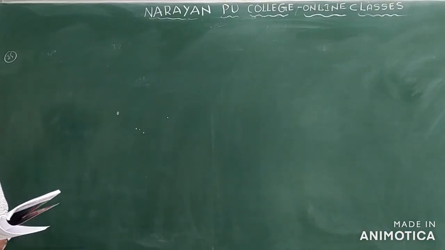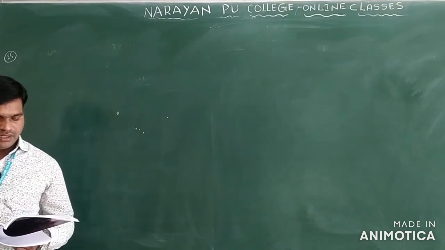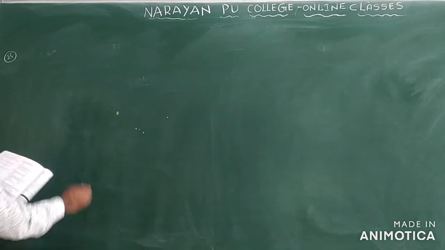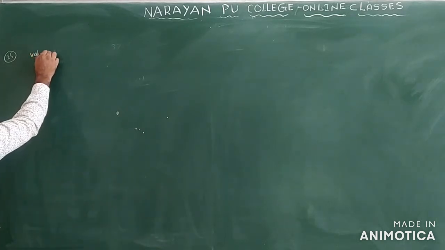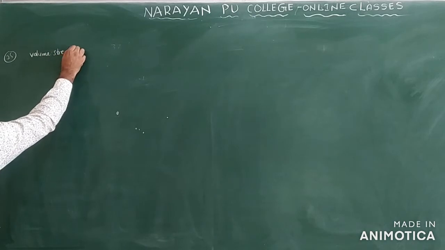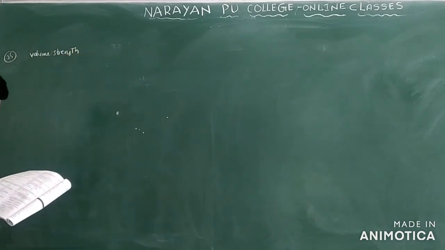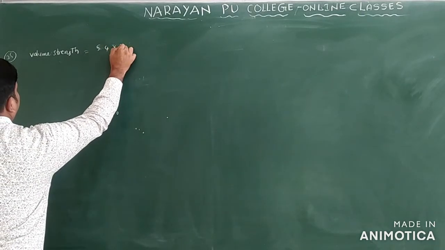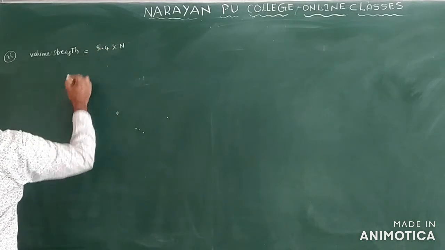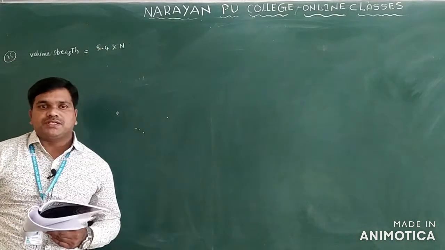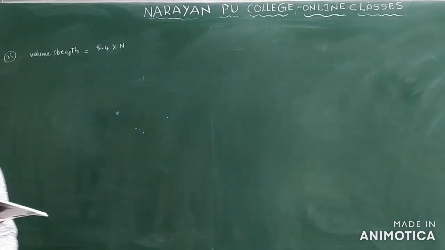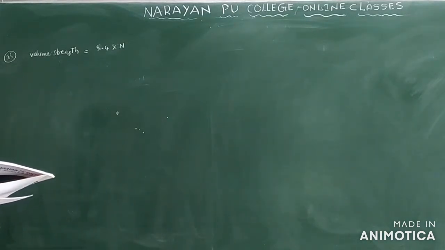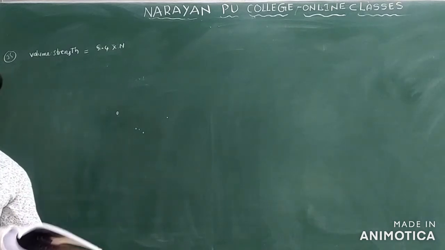See question number 25, we have the volume strength of 1.5 normal H2O2 solution. They are asking the volume strength. Volume strength is equal to, we have one formula, that is 5.6 into normality. So this is a direct formula. This formula we are getting from hydrogen and its compounds. It is there in your syllabus. We have hydrogen peroxide; we will discuss it again in the chapter on preparation and properties, and how you can find out the volume strength in H2O2 we'll discuss in that one.